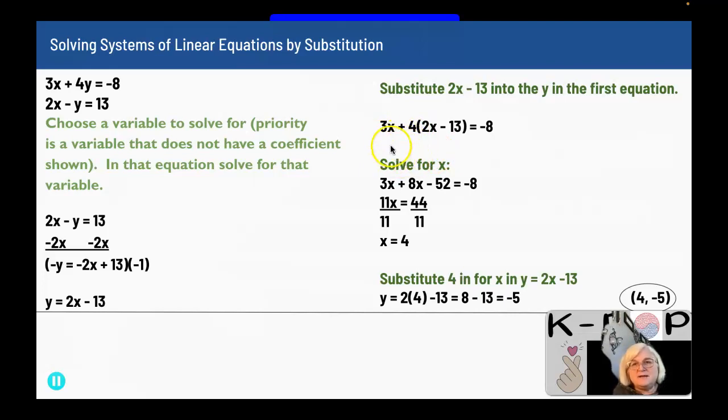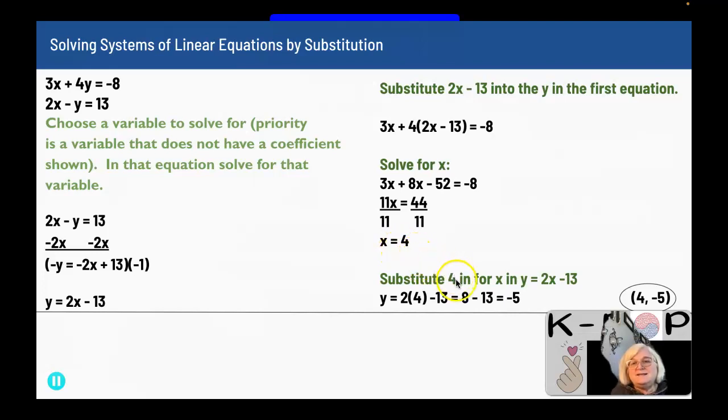So solving for x, I have 3x plus 8x, so that's 4 times 2x, minus 52. 4 times negative 13 is a minus 52, equals negative 8. 3x and 8x give me 11x. If I add 52 to both sides, I end up with a positive 44 on the right-hand side. 11x divided by 11, 44 divided by 11 will get me my x alone, so I have x equal to